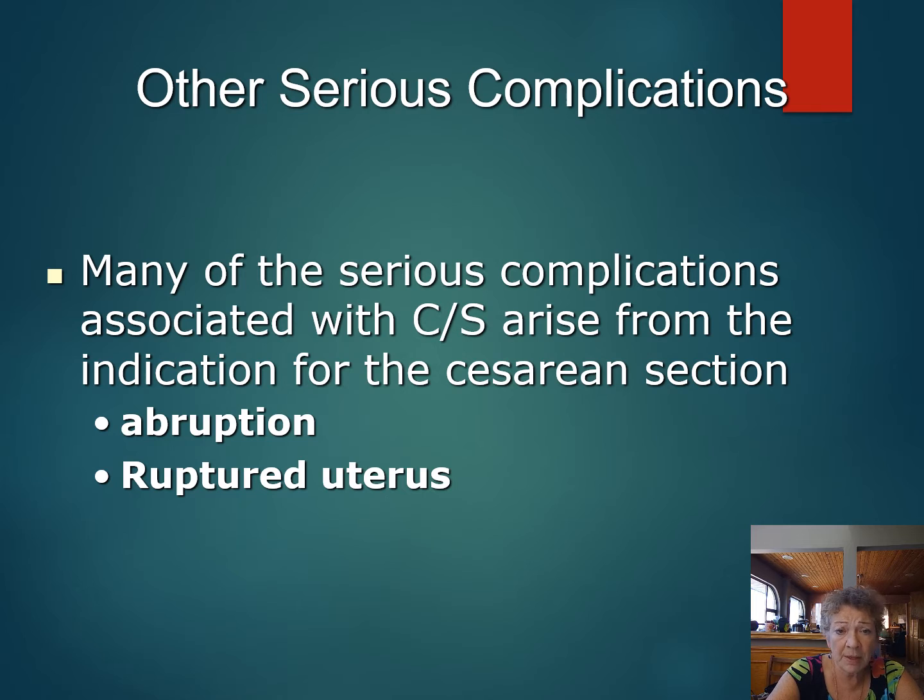But there are some other serious complications associated with cesarean section that arise. And these often arise from the indication for the cesarean section. So for example, if you have an abruption, one of the things that can happen, and I'm sure you've seen this, is a Couvelaire uterus, where the myometrium itself becomes heavily hemorrhagic and unresponsive to